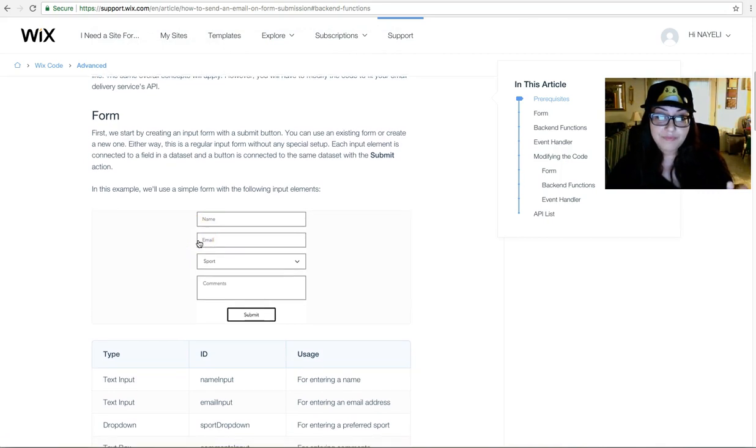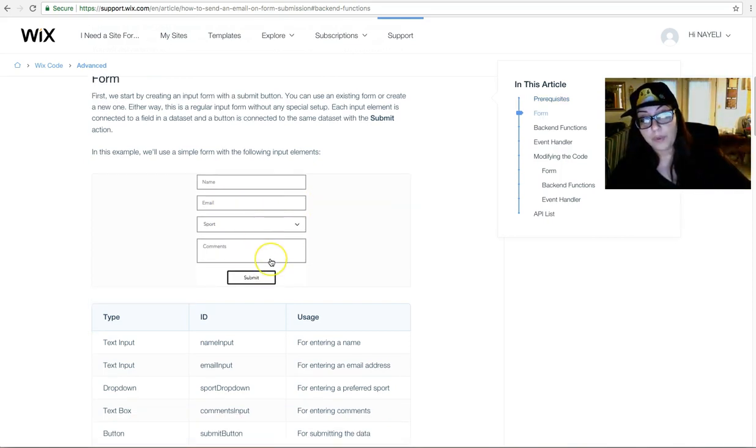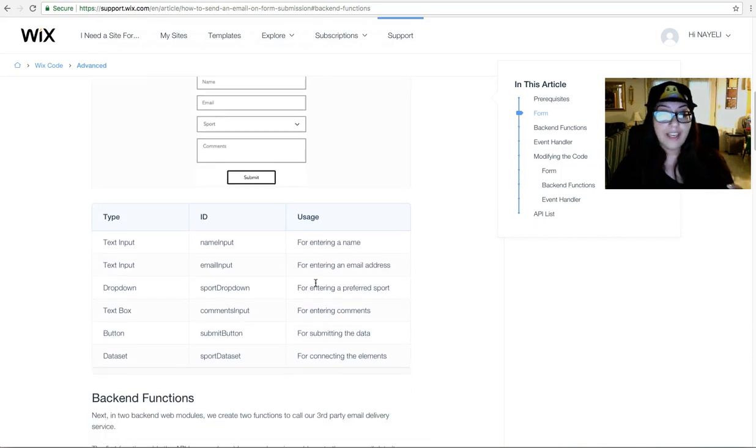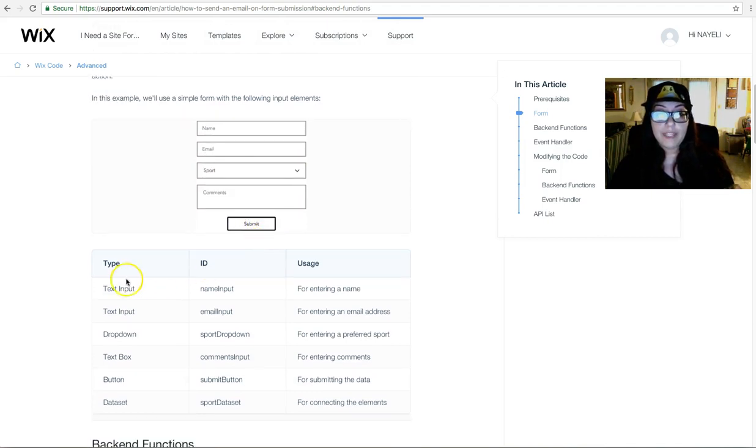You move down. It says the form. You can create a brand new form. You can create this identical exact form that they're showing you here, or you can use one that you already have on your website. They have 4 user input elements and 1 button to submit, to perform the submit function or action. So not only did they show what it looks like, they told you what each user element is. It's a text input, a drop down, a text box, a button, and then they even use the data set